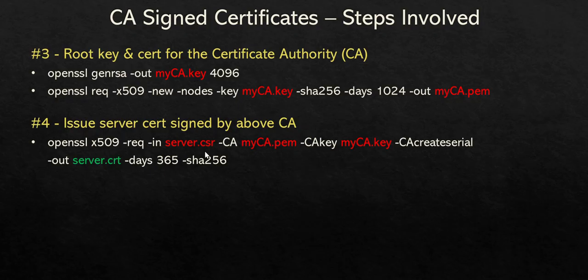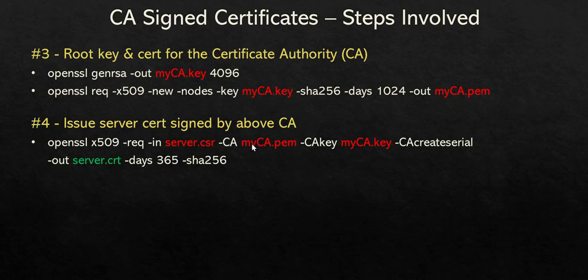This time we are passing two more additional things. Certificate authority -CA, we are passing that as myca.pem, which is the output of this command. CA key, which is the myca.key, and then CA create serial, and the output that we are expecting is server.crt, again with a validity of 365 days and